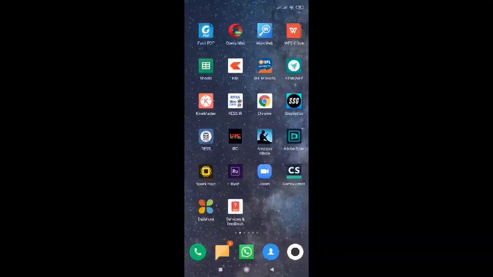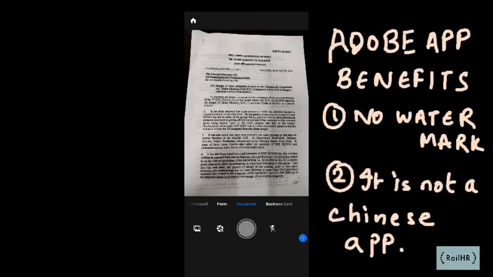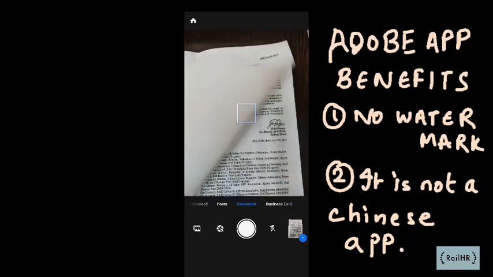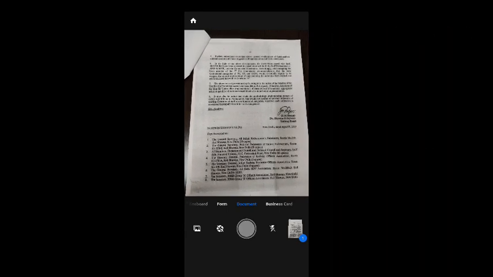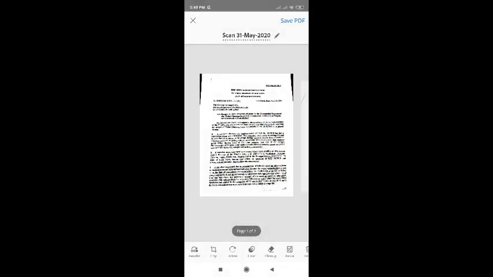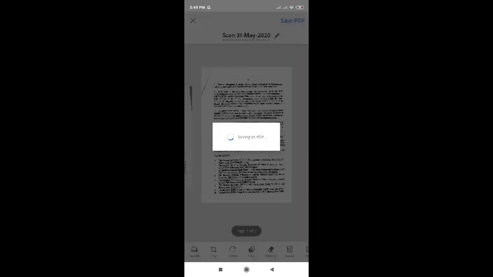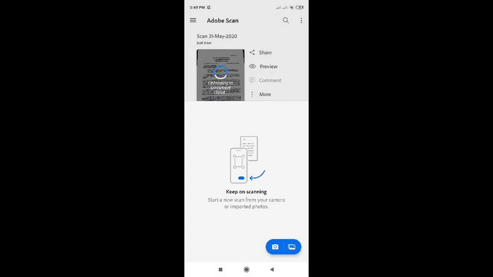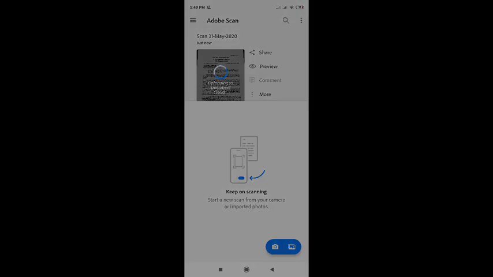Let's assume that the employee has given us the hard copy of his application demanding NOC. So first of all, we'll have to scan it. One can use Adobe Scan in place of CamScanner because first of all, Adobe Scan doesn't give a watermark at the back. Secondly, Adobe Scan is not a Chinese app. To scan the documents, we just have to click the photograph and automatically the Adobe Scan app will convert it to a PDF. This created PDF can be shared to the PC by any app. I generally use WhatsApp for this process. On the PC, I access it via web WhatsApp.